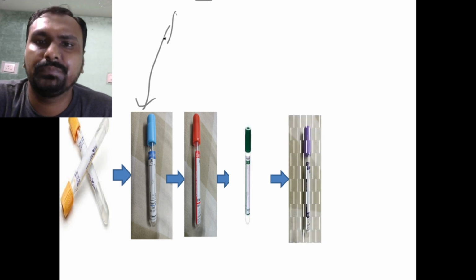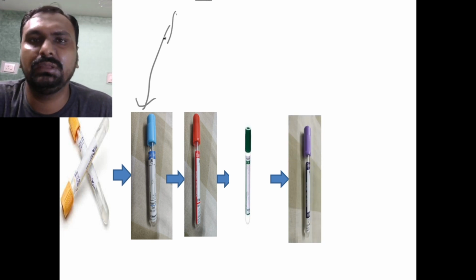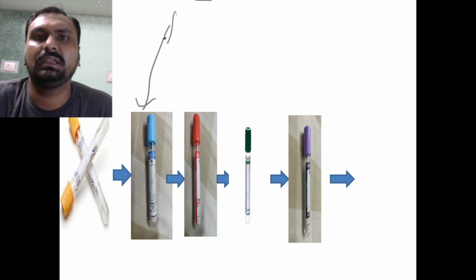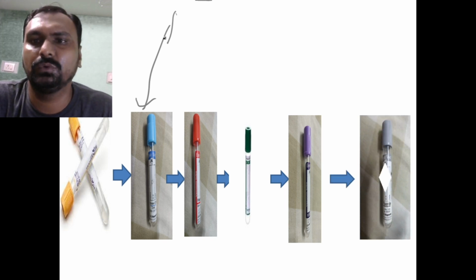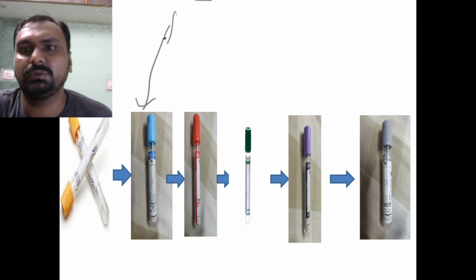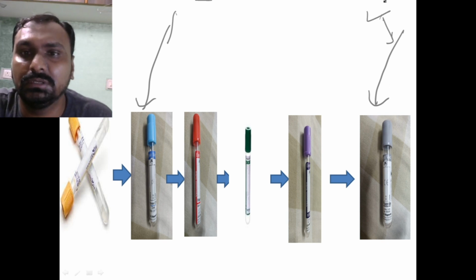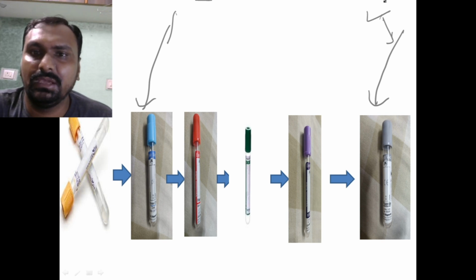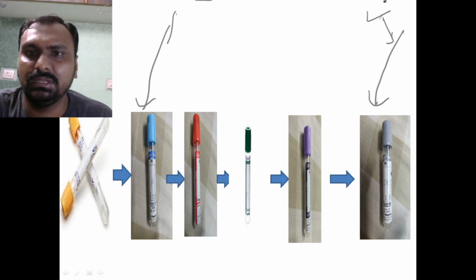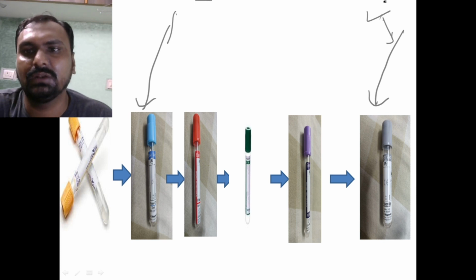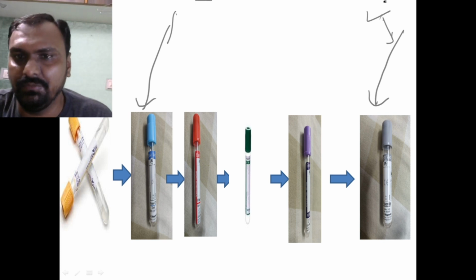mainly. Okay, and then we have to take the blood in the EDTA vacutainer for the CBC test in the hematology, and then lastly in the fluoride vacutainer for the glucose estimation. Okay, why do we fill this vacutainer last? Because the sodium fluoride can affect many enzymes, right? Many enzymes are affected, and it will affect the morphology of the red blood cells. So we cannot use it ahead of the EDTA vacutainer. After blood is taken in the EDTA vacutainer, then only we take the blood in the fluoride vacutainer.